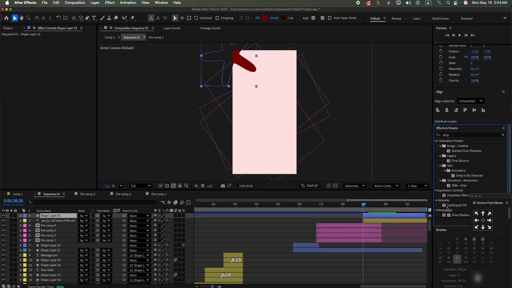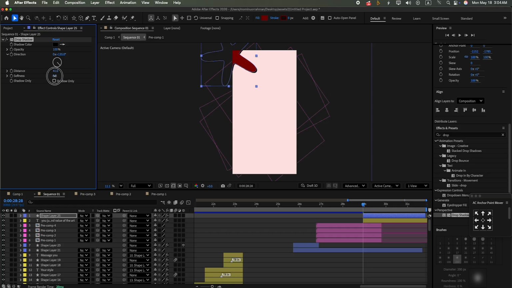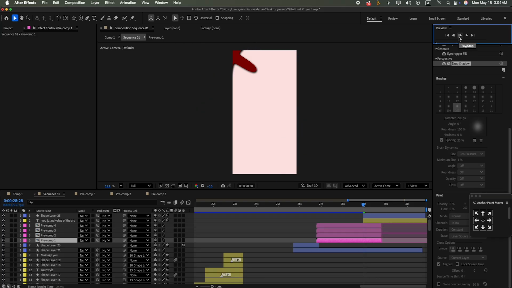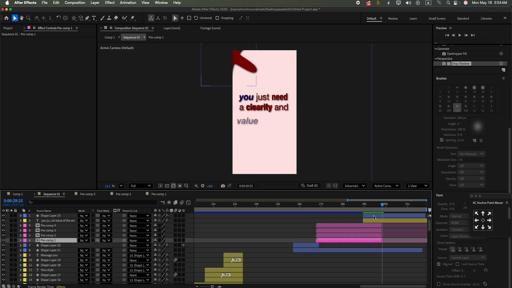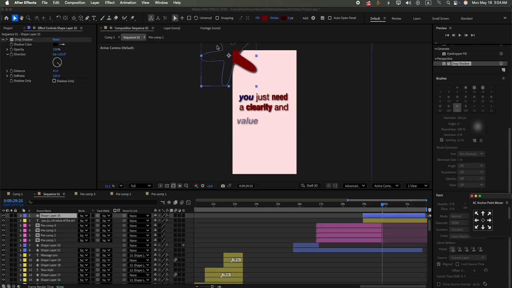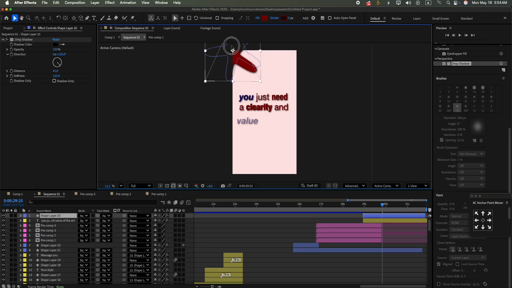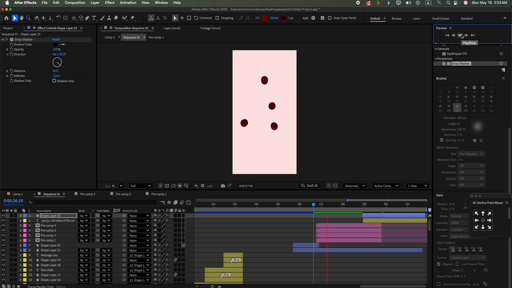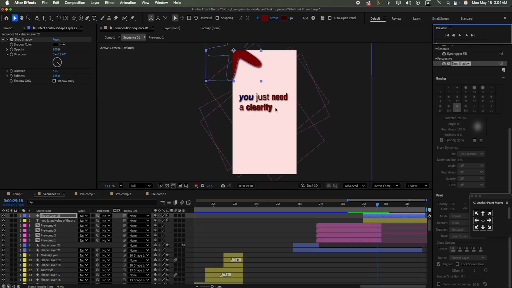Then okay, we go to the drop shadow. In the effects and presets take the drop shadow. The drop shadow opacity 100, distance is 41 and softness is 85%, 125. It's look good. Okay. The anchor point of the star tool is middle and set it to corner. Okay. Now